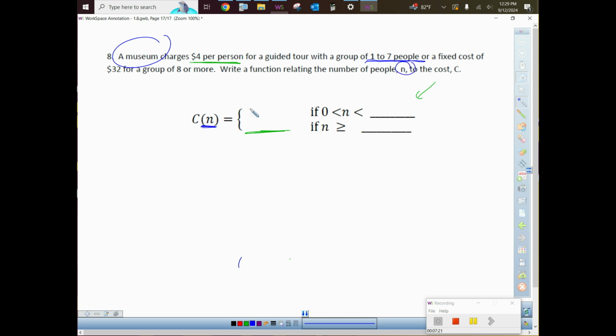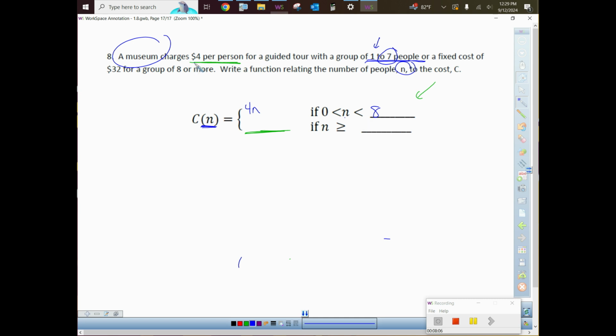So how do you feel about that first part being $4 times every person? n is the number of people showing up, and every one of them has to pay $4. But that's only true if the number of people is bigger than 0. That takes care of 1, and then wouldn't it have to be less than 7? That's not actually right, Mr. Faunus. It would be less than 8, because I do want the 7th person in there. That's kind of weird. You'd think you'd put a 7 there, but we want to put an 8. How did I know that? Because 8 is not included in that case. If I had put a 7, that person doesn't count in that spot. So every person in a group from 1 to 7 people, like between 0 and 8, not included,